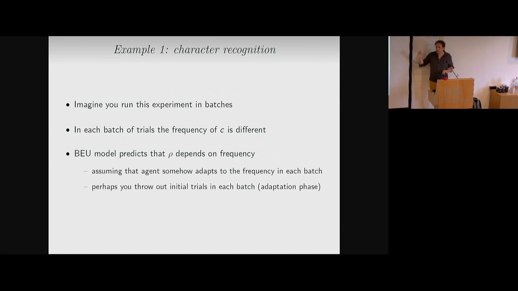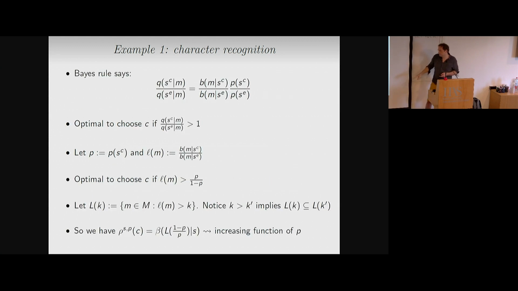The model predicts that the higher the probability of the character C, the higher the probability that the agent will choose C